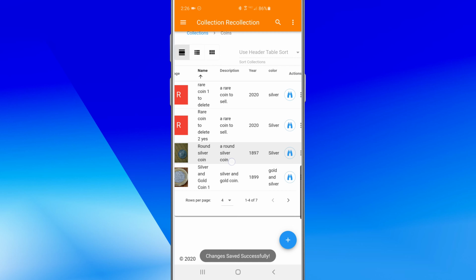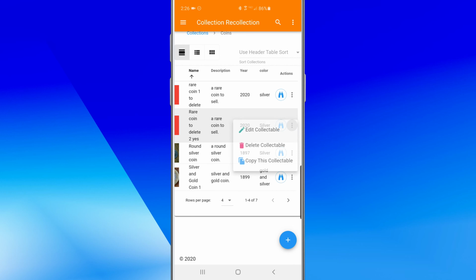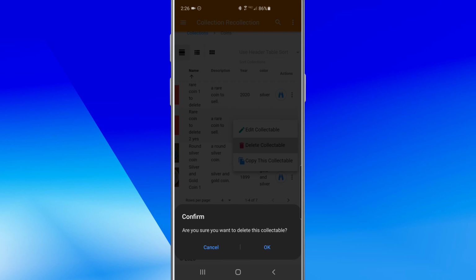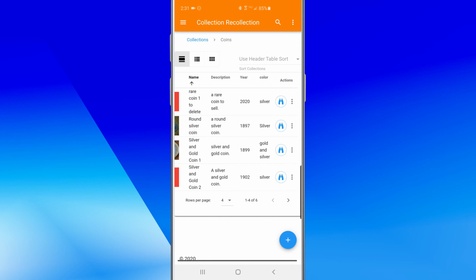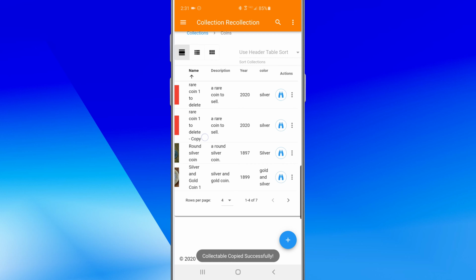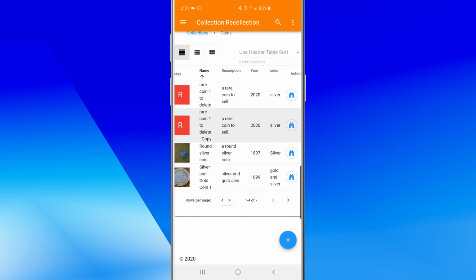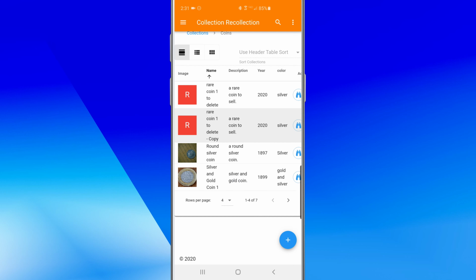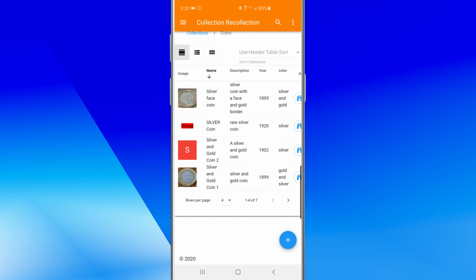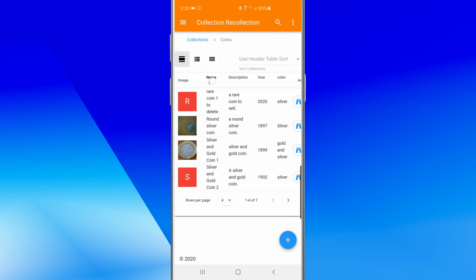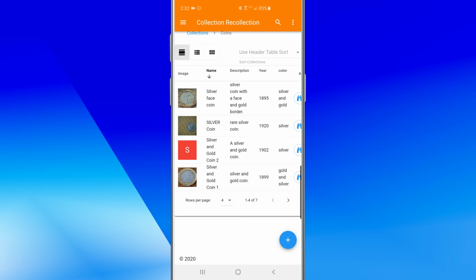Trash Can to delete the collectible, Paper to make a duplicate collectible. A duplicate collectible will not include the original image and will add the word copy at the end of its name. Tapping Name or Description in the column at the top of the table will sort your collections alphabetically in